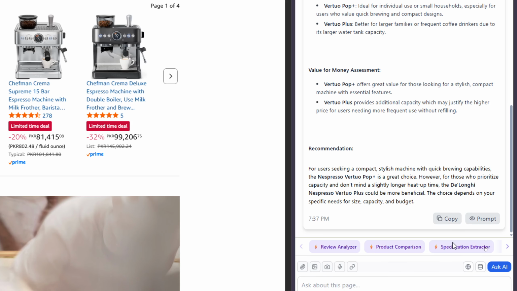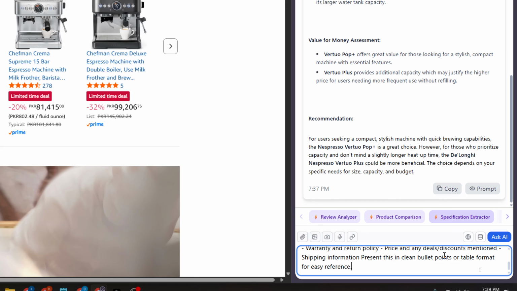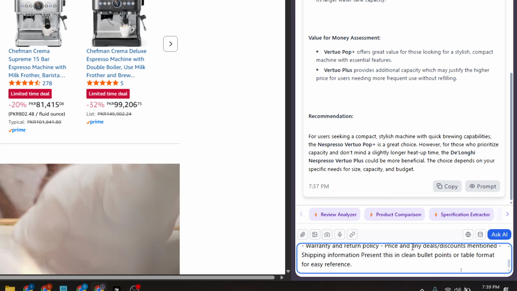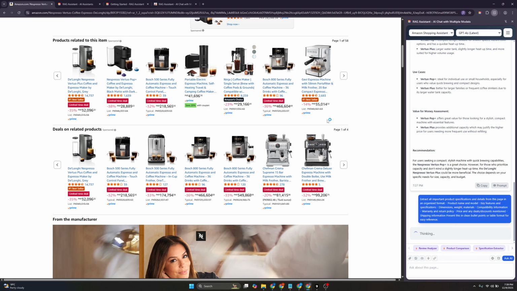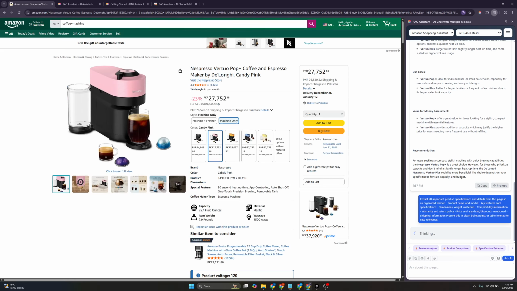If I click over it like this, and if I move my mouse here, you can see this is the specific prompt: extract all product specification from key insight on this page. If I use this prompt and send it to AI, it will get all of the product properties like specification, reviews, and everything, and it will provide us a clear cut specification for this product, so we can easily understand